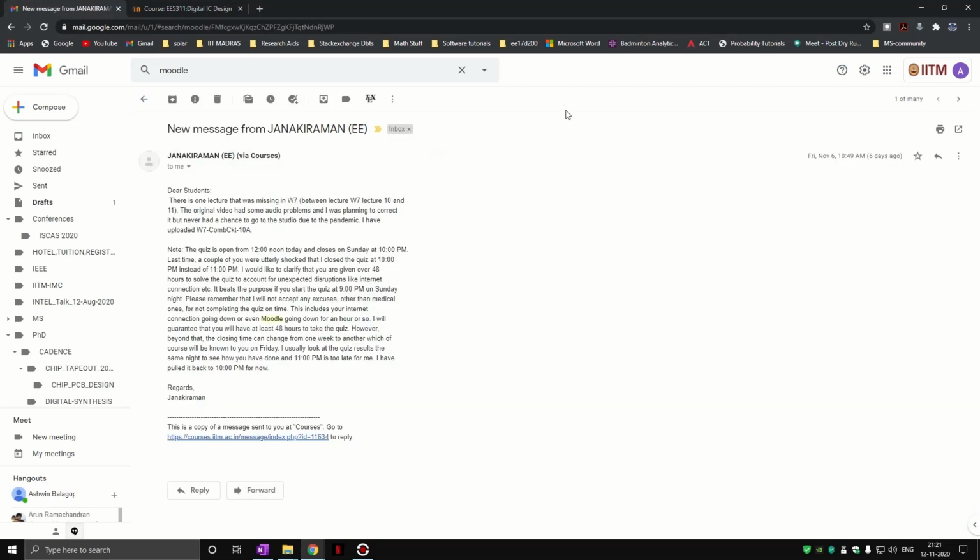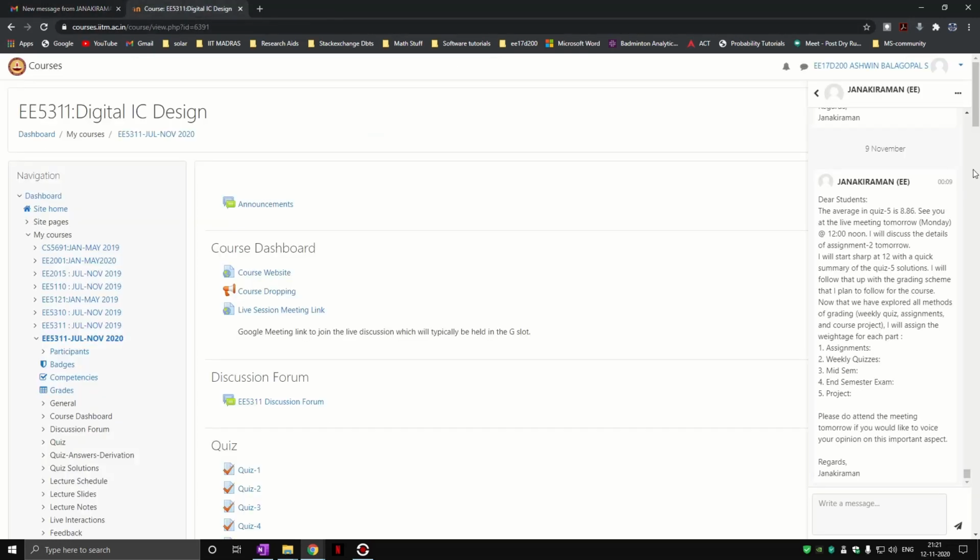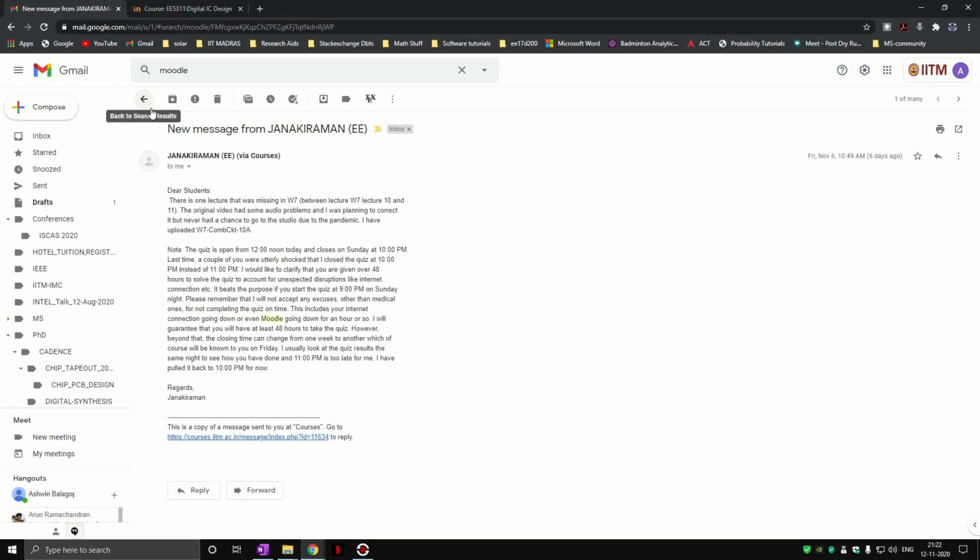The email that is managed by IIT Madras, which is your smail, @smail.iitm.ac.in, the message that the professor sends will usually come as an email to you as well, with the preceding text that this is a copy of a message sent to you at courses. So please keep checking your email regularly so that even if you miss some message that was sent, you can always find it on your email.